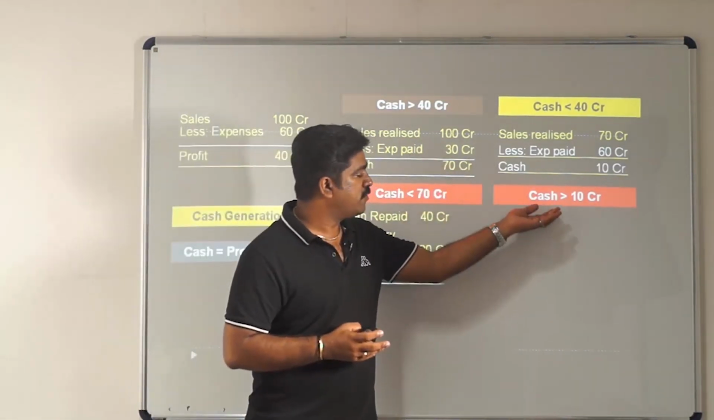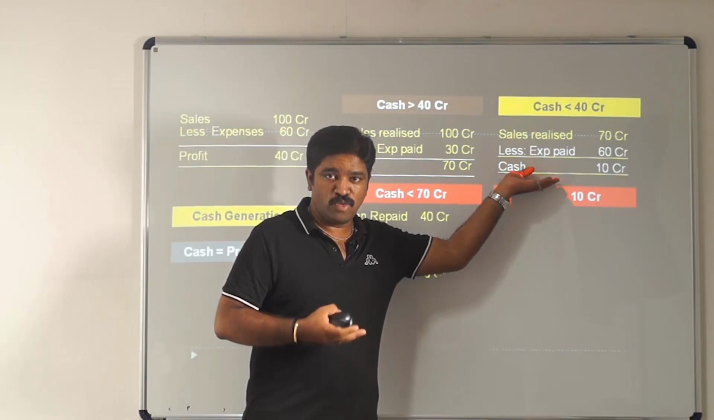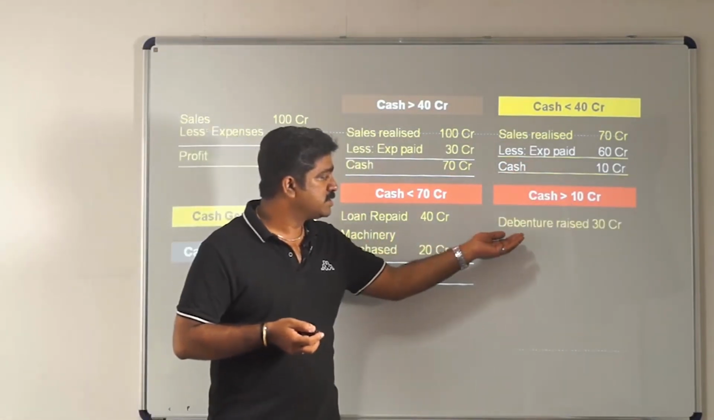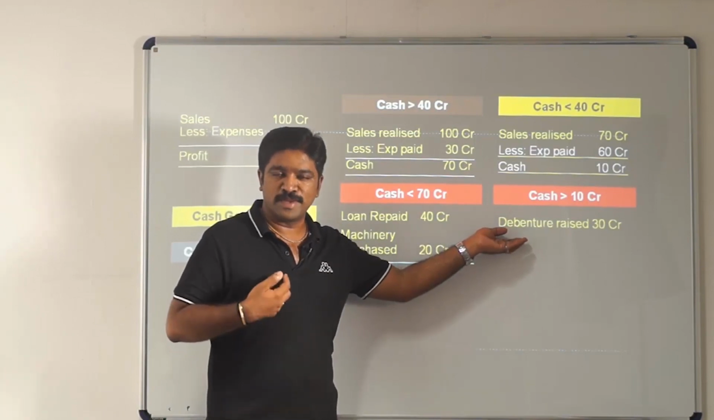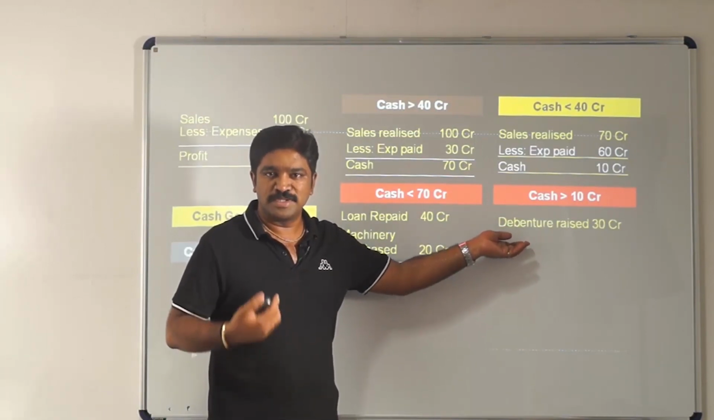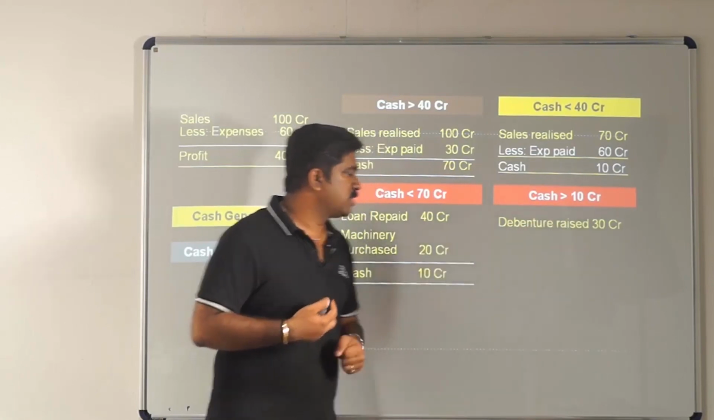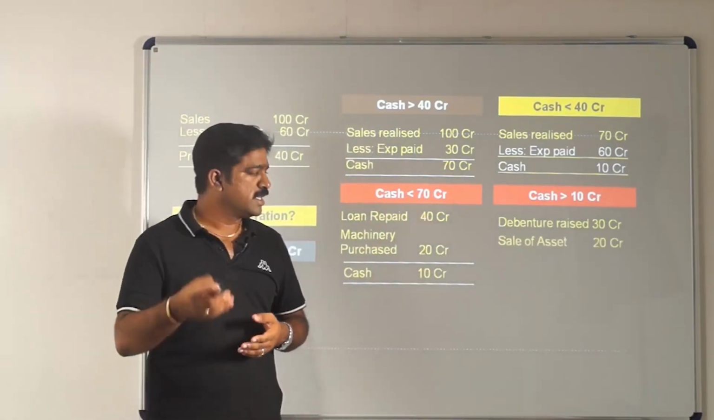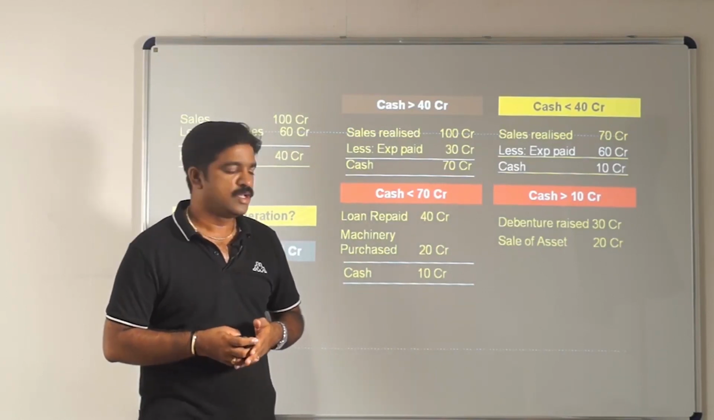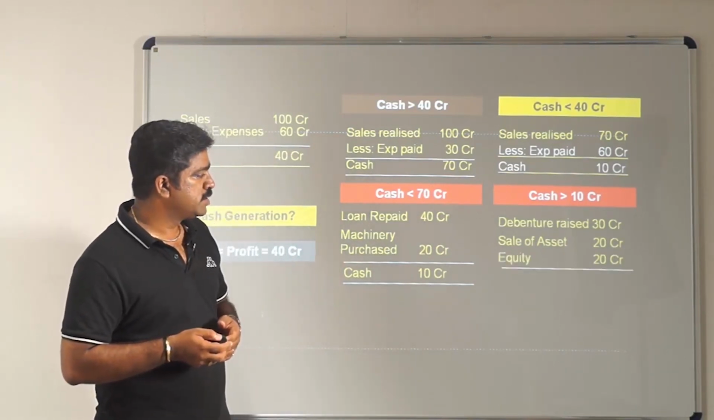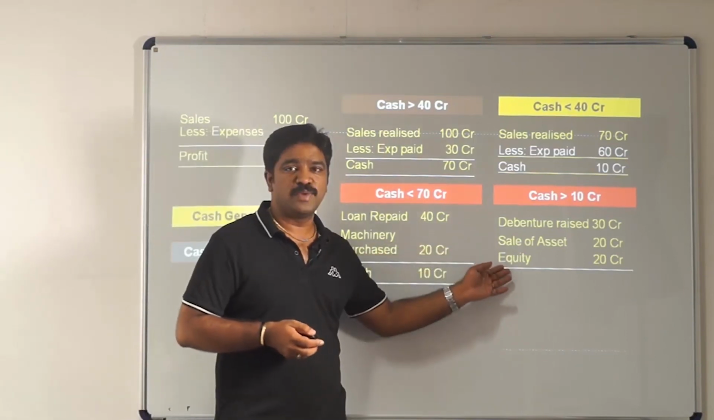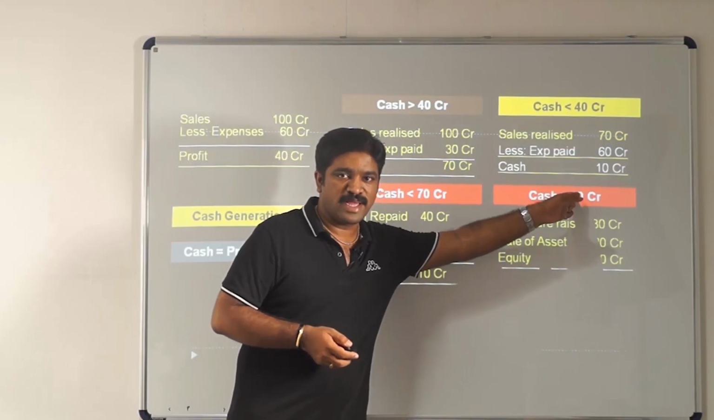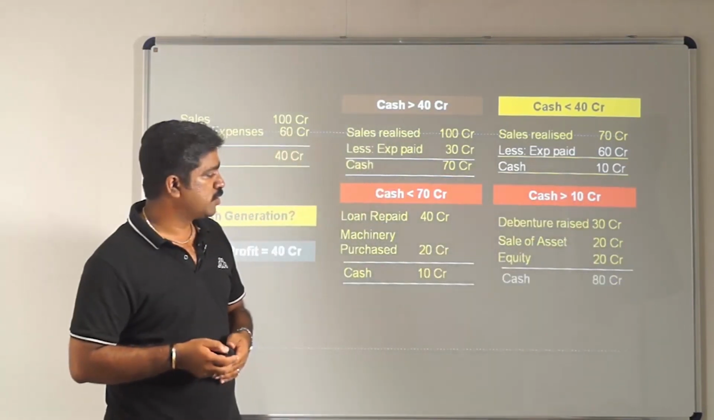And here we can have examples where the cash balance can go above 10 crore. See, maybe if a company raises funds by way of debentures, money is coming in. It is not coming in through income. It is rather coming in through liability. It's 30. And say they are selling an asset and they are raising 20 crores. And they are also raising equity of 20 crore. So 30, 20, 20, that is 70. Already they have a cash of 10. So what is the total position now? 80